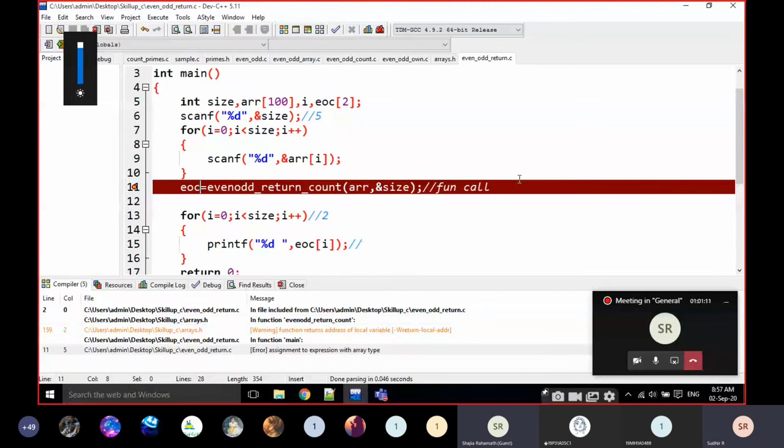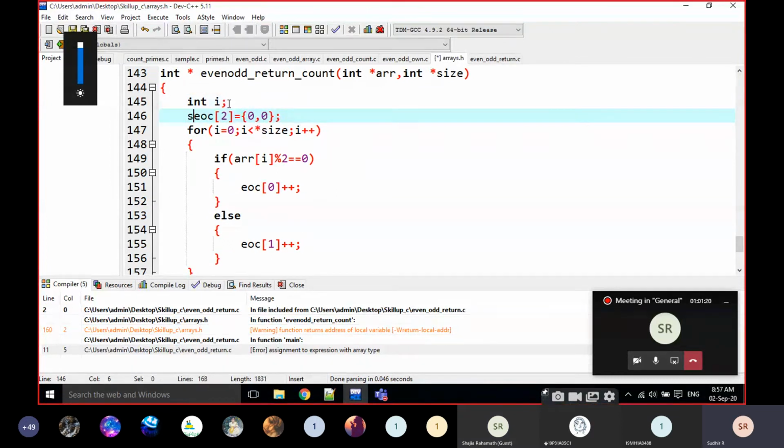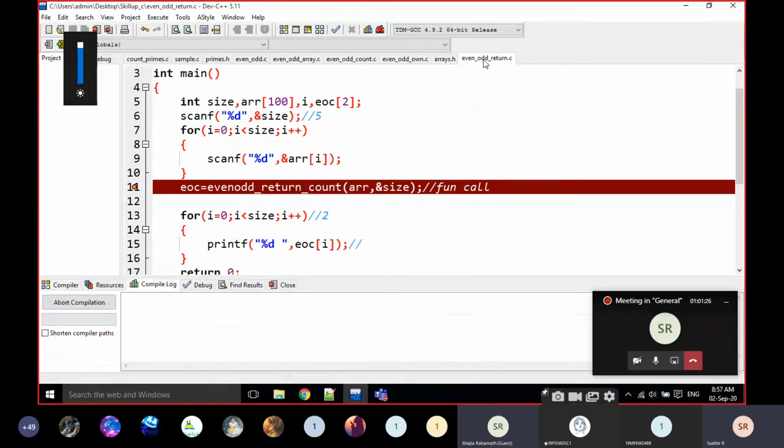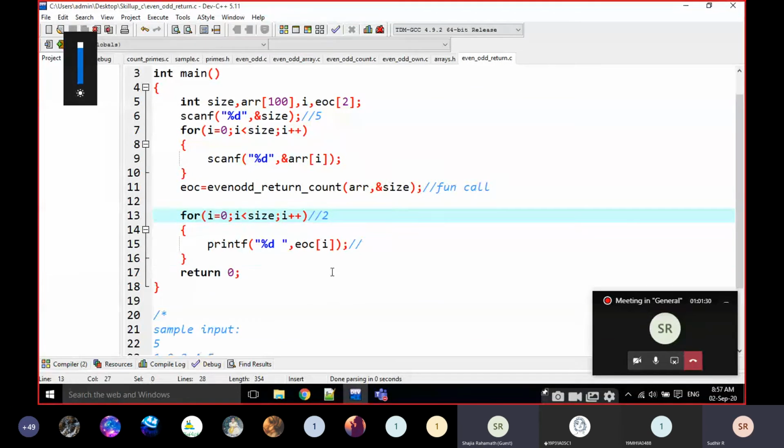Address of the local variable. Okay. Here instead of that one I am going to write, you have to write like this. I have to take star.